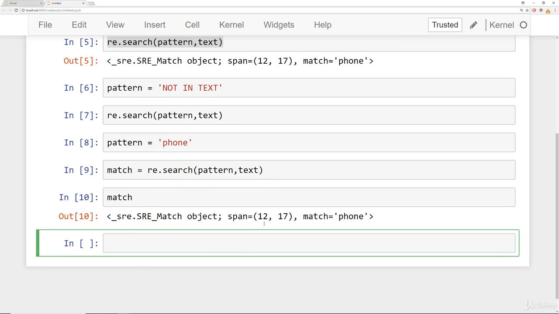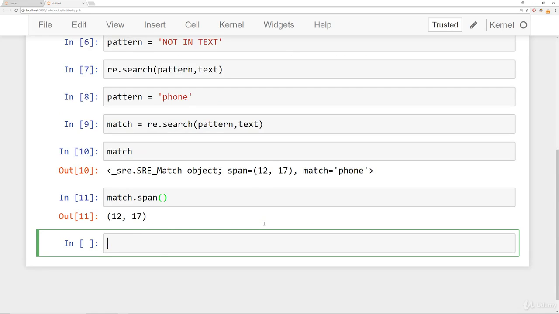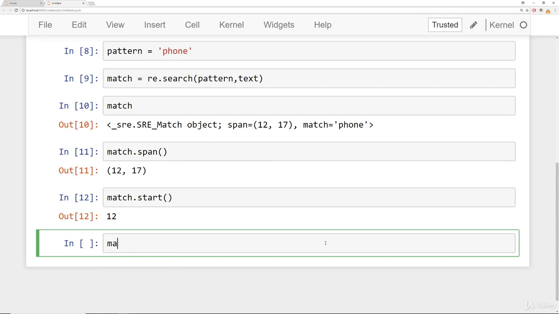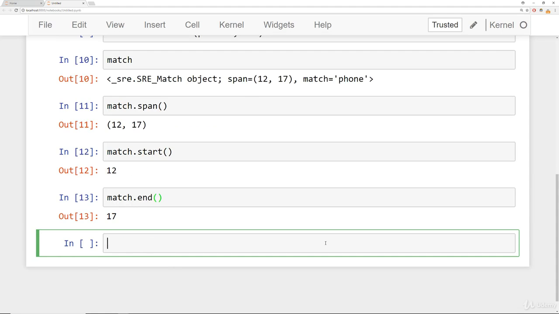So this is a regular expression match object, and it has a lot of information that we can grab from it. We can call the span method in order to get the actual index location of the span. And then you could also ask for the start or the end index by themselves. And keep in mind, if we had multiple matches inside the string, we would unfortunately only get back the first